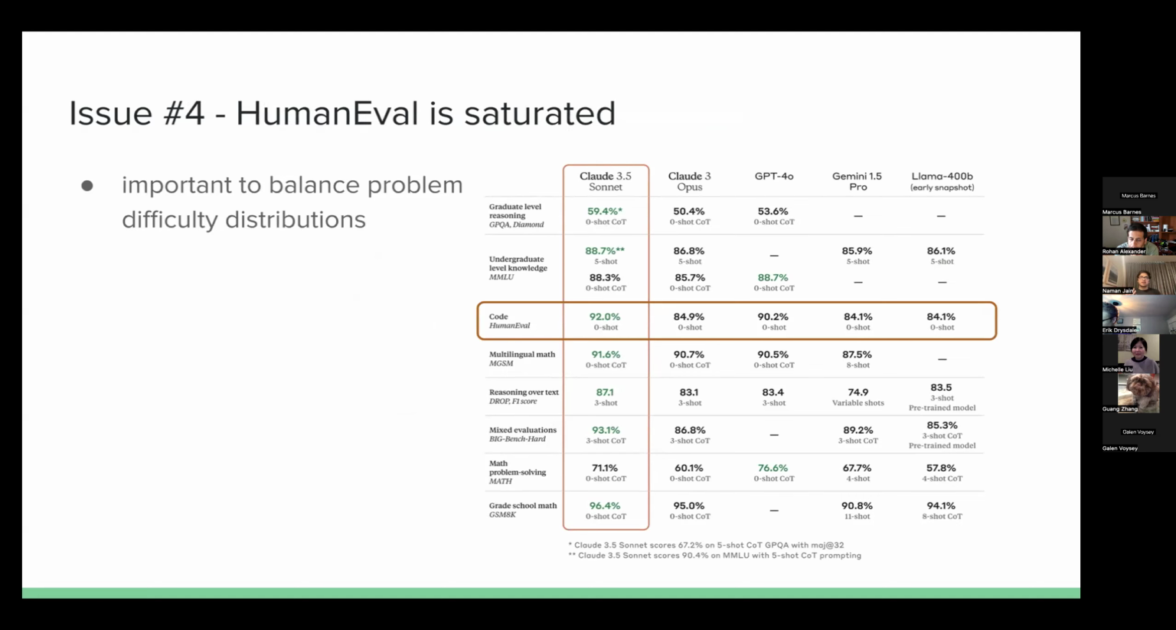This also means that model performances are increasing rapidly, and it's important to balance problem difficulty distributions. If you take very hard problem difficulties, then all the models will get 0. You cannot say anything about whether a model is better or not. Maybe you need to do some qualitative analysis, but you're not getting a lot of reasonable signal out of the